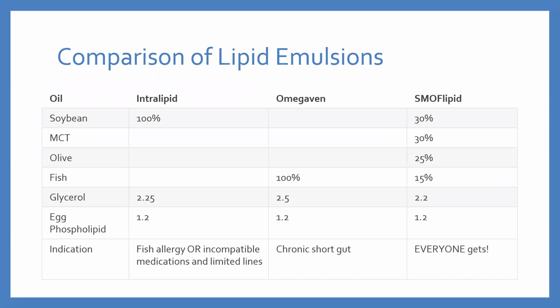So I just wanted to let you know that there are 3 different types of lipids out there. There's Intralipid, Omegaven, and SMOF. SMOF lipids are basically a combination of soybean oil, MCT, which is a coconut oil, olive oil, and fish oil. One thing you do want to be careful about is if your patient has a soybean or a fish or an egg allergy, you would need to be careful as far as what type of lipid you would